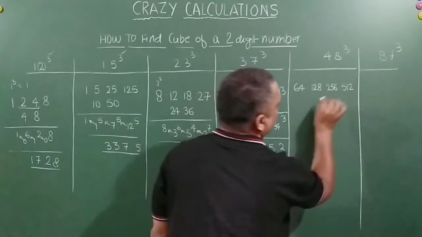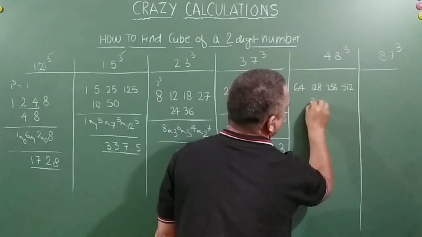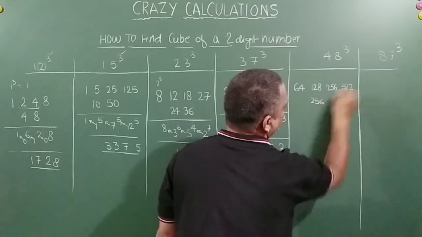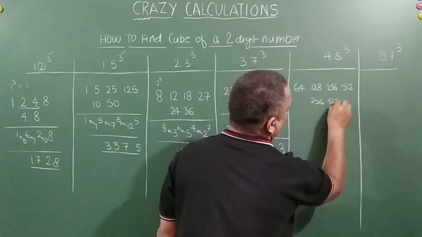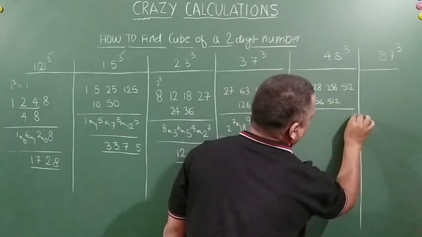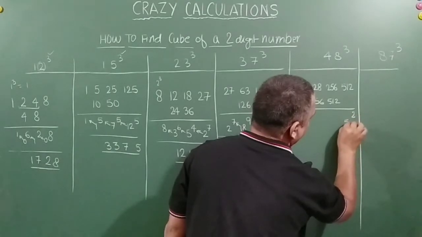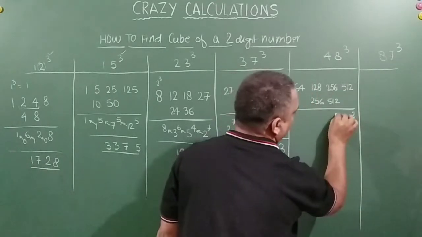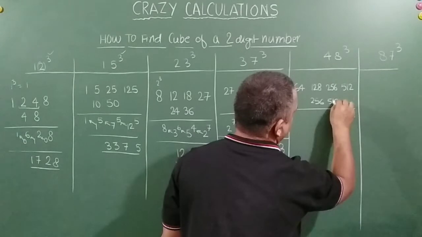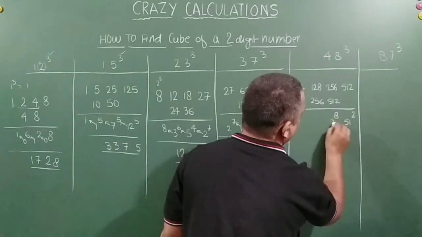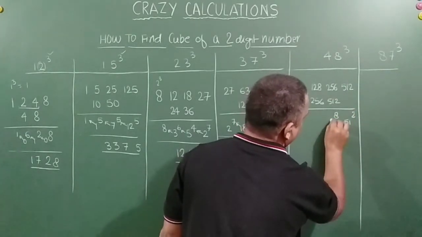Right? Now, I am going to double it up. So this becomes 256 and this becomes 512. You are getting my point? Now I will write 2 here and 51 in the base. Right, friends? 8 here, remaining things in the base. How much? 3. Sorry. 6.